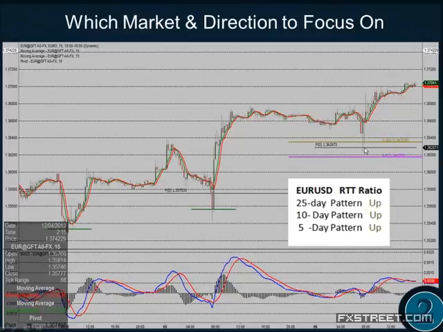Now, we're not going to say you're going to buy it right there. We don't know that. We have to wait for the signal. But certainly in here, we'd be looking to be a buyer, in here on the shorter term charts. Why are we focusing on that? Because look at the 5, 10, and 20, or 25, they're up. All those short-term patterns are up. So if those short-term patterns are up, you're certainly not going to be focusing on selling, right?